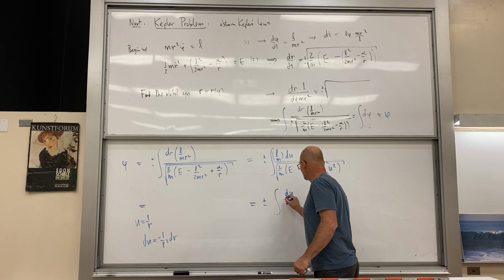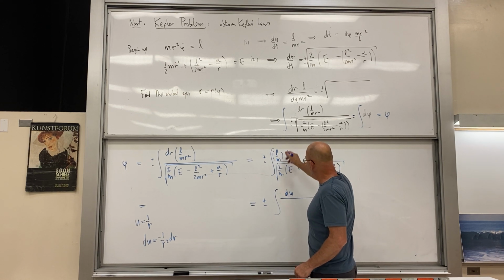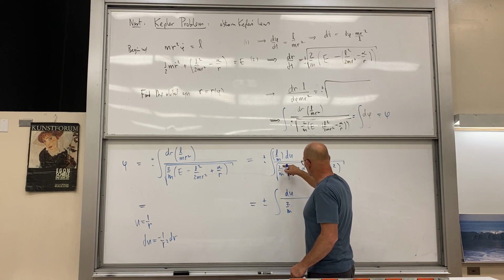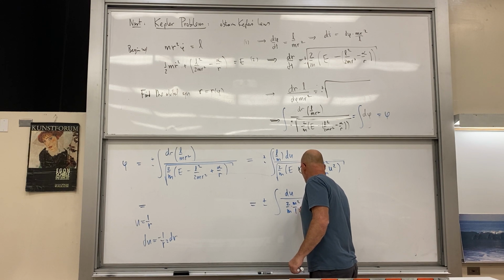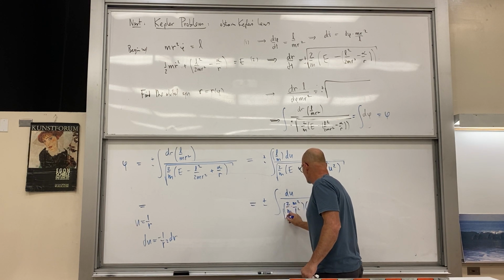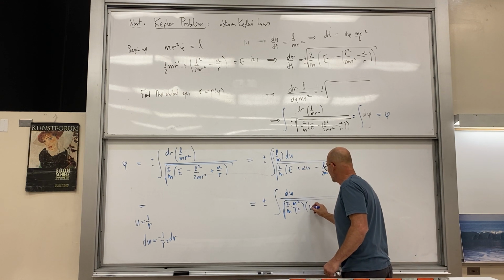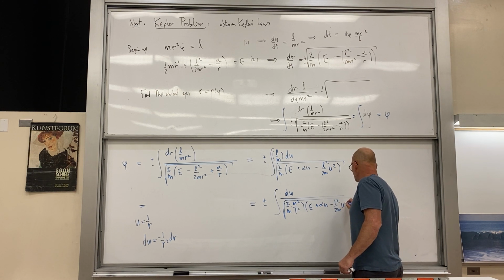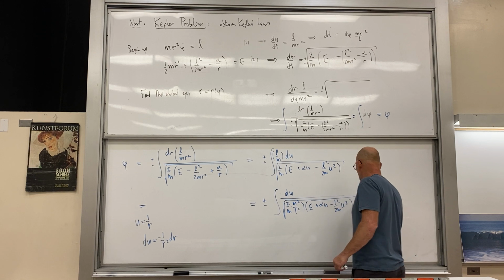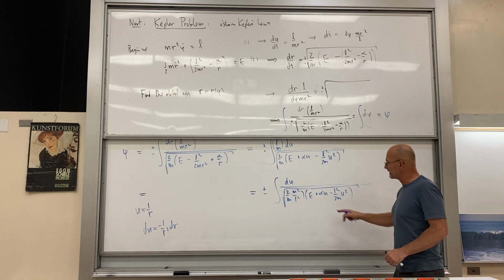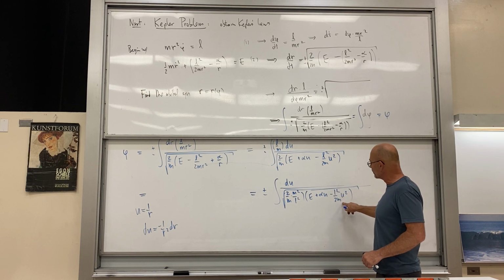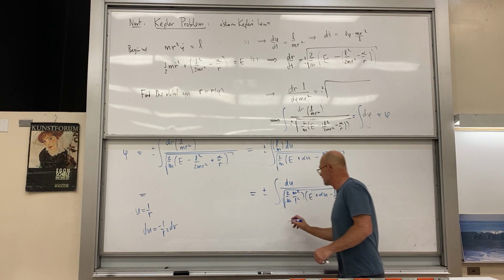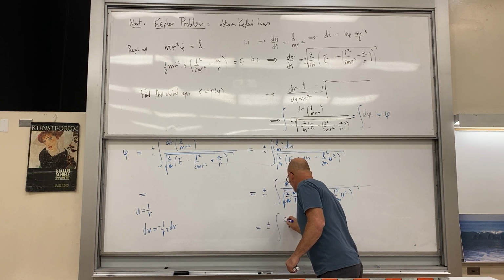We can write m over L in the denominator, so we've got 2 over m, and if we take it under the square root, we'd have m squared over L squared, and we'd multiply it through with E plus alpha u minus L squared over 2m u squared. That's going to give it a good form, because this L squared over 2m will cancel against the other L squared over 2m. So we'll have plus or minus the integral du